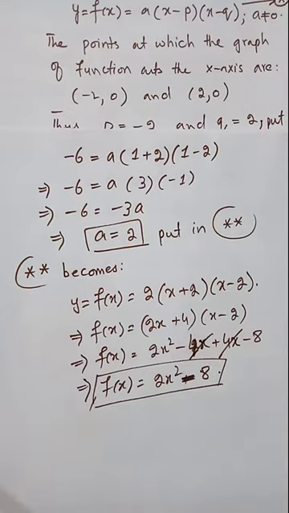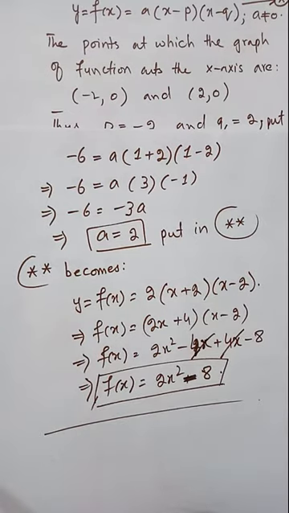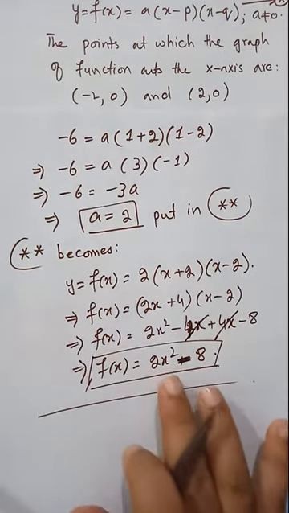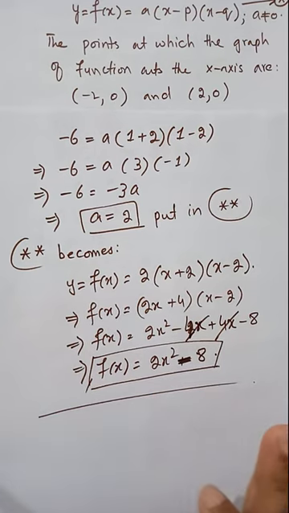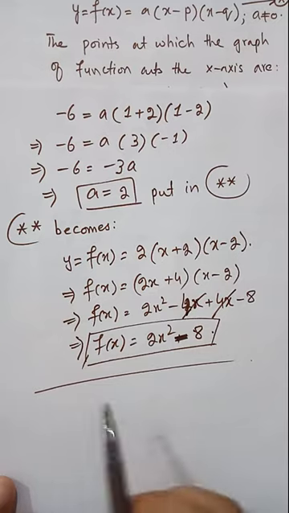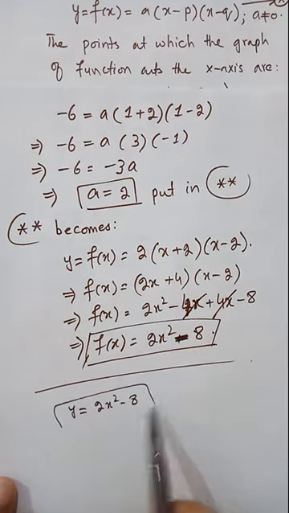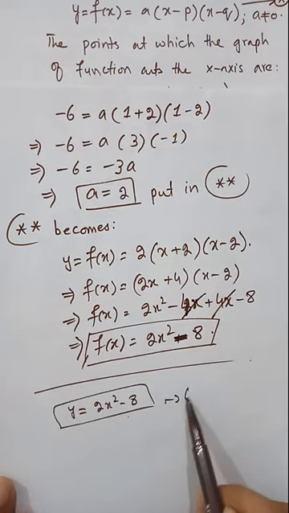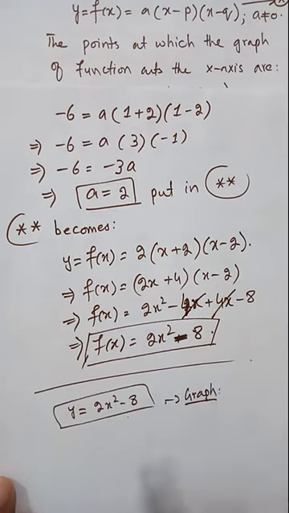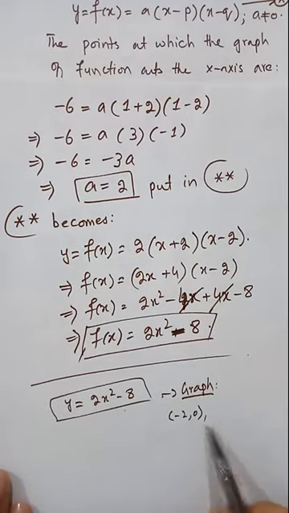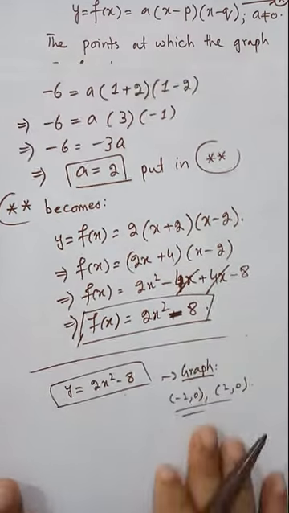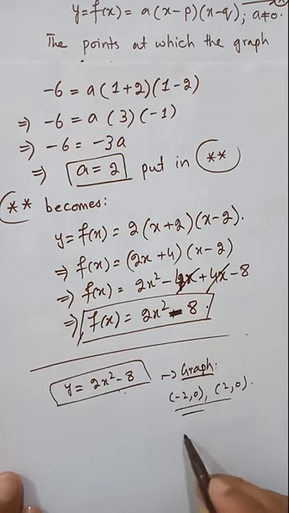Let's say, just for your understanding, the question is completed here. You get the required function, and that is in the form of ax square plus bx plus c. Here the value of b is 0, so that's why you get no term containing x. Just for your explanation, this is the function that we get at the end, y is equal to 2x square minus 8. The graph of this function will cut the x-axis at these 2 points. You can check. And the graph of this function passes from (1, -6).